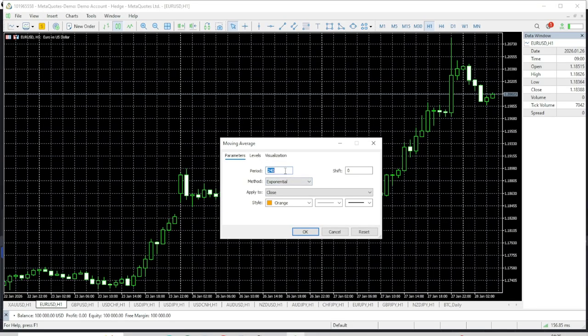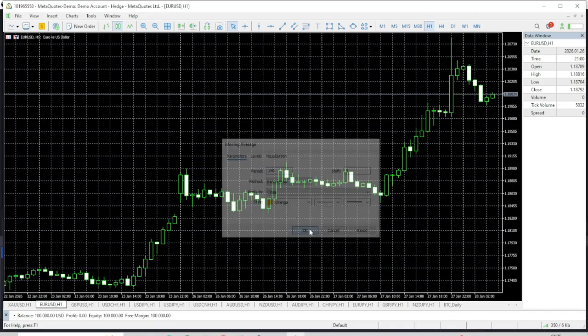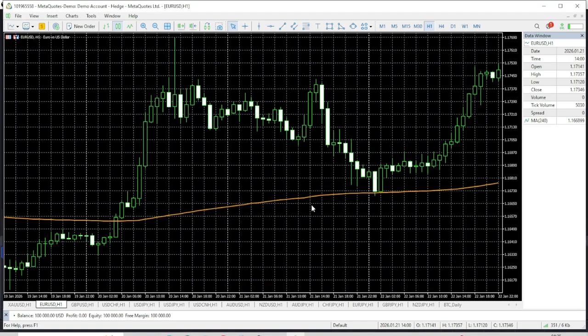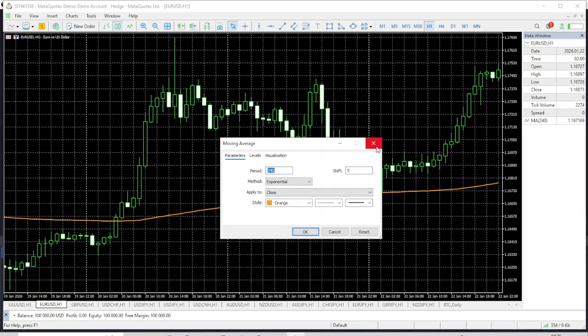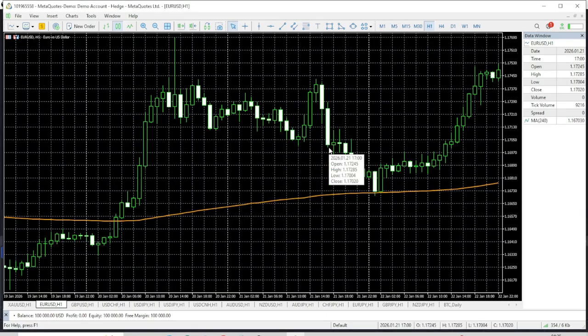And we're going to be having our moving average parameters to be period 240, exponential moving average, that is the method, and we are going to be applying it to the close as we have here. So on the chart we have our exponential moving average 240,